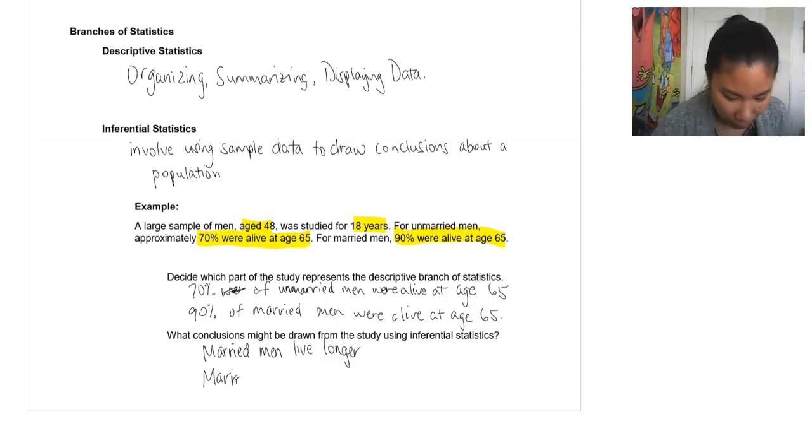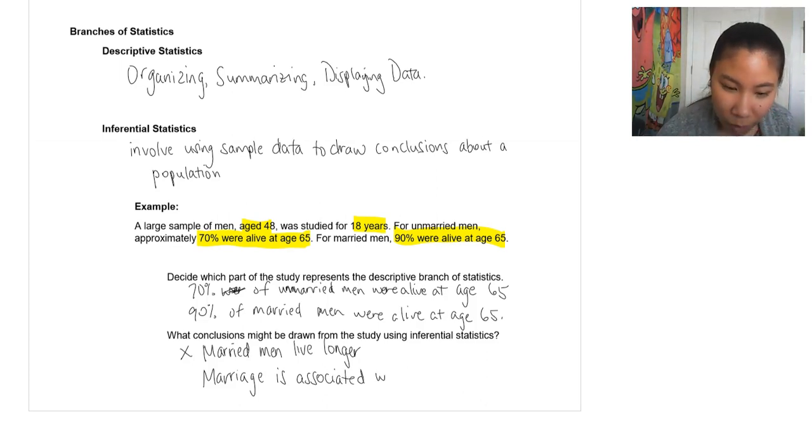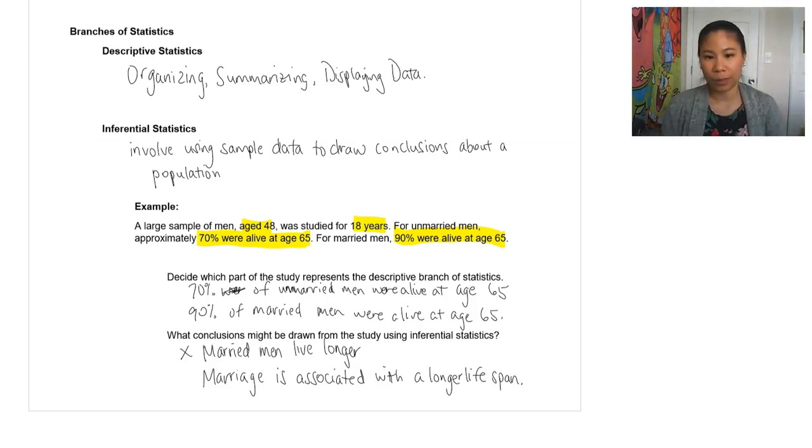Instead of married men live longer, let me go with marriage is associated with a longer life. Because I don't know if I can exactly say marriage causes you to live longer, but when I say associated,